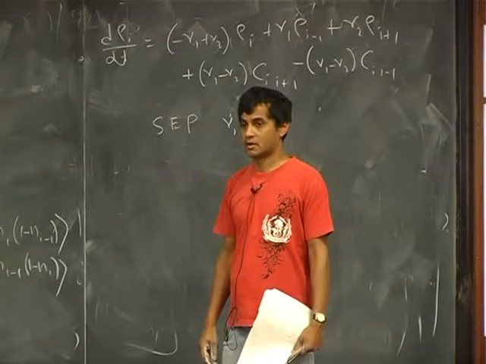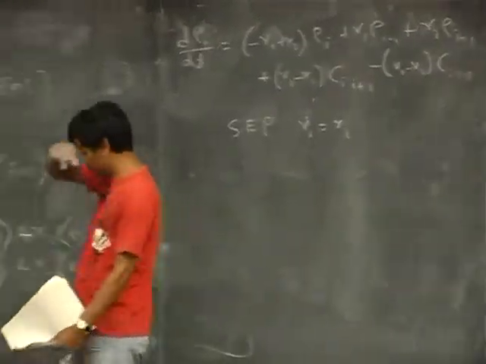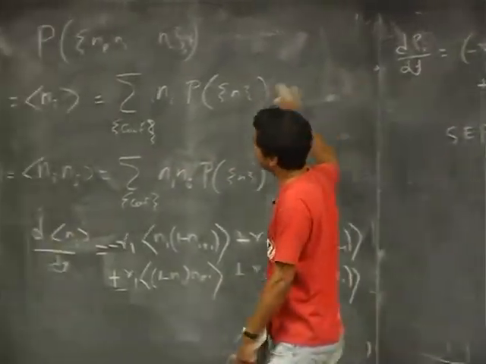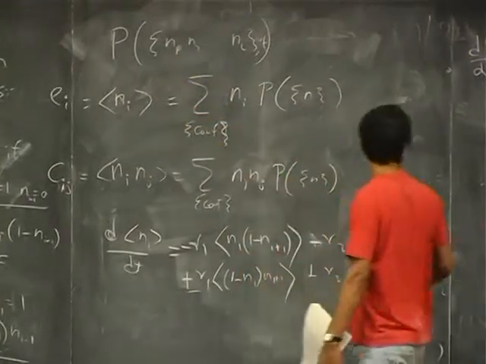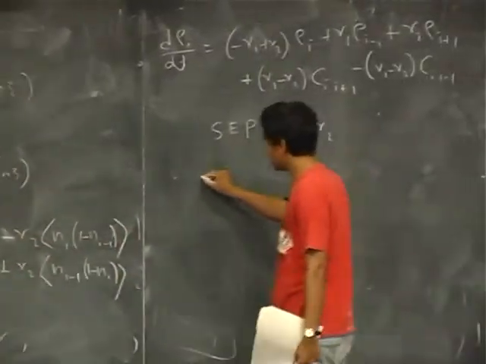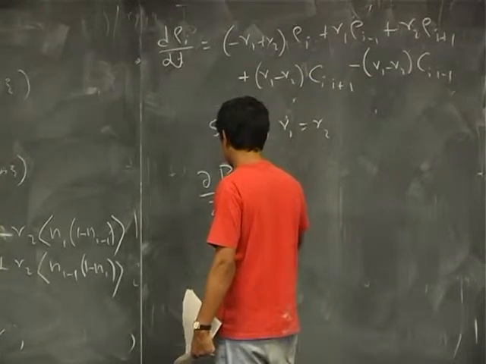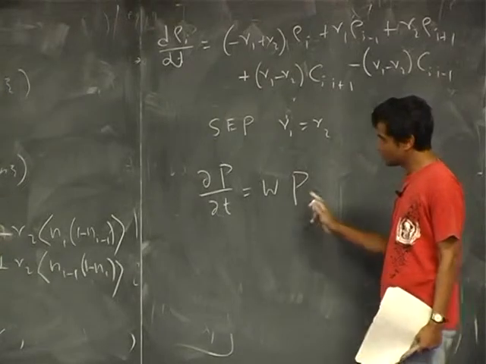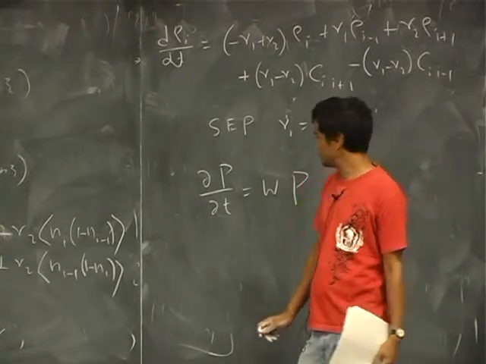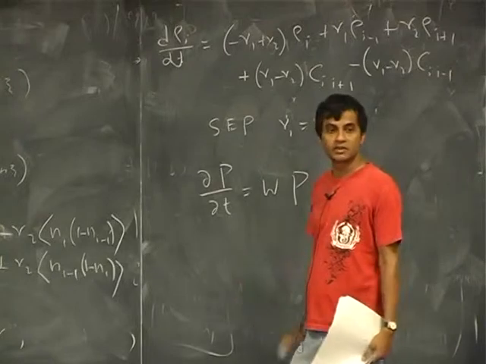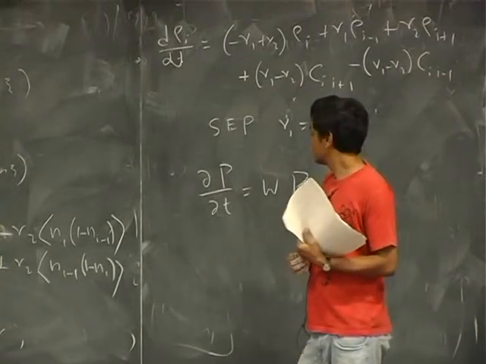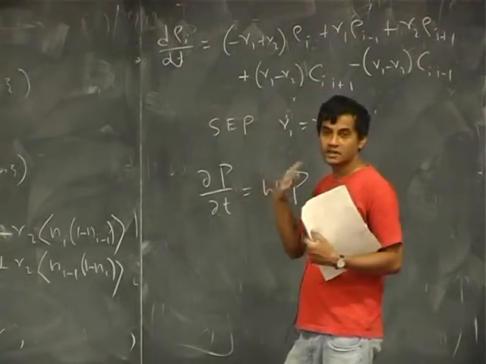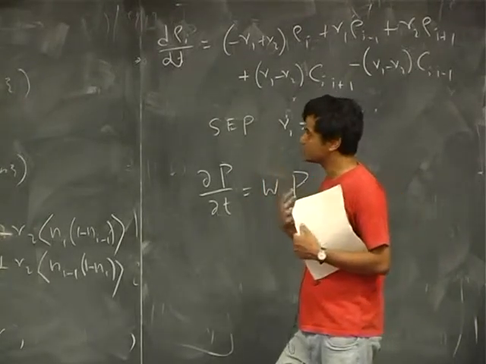Okay, so even though we can't solve this equation, one thing that's kind of good about this process is that I can write some W matrix, and this is the rate equation. So one thing you can show is that both for the symmetric and asymmetric exclusion process, the steady state is actually very simple. The steady state is basically all states are equally probable. I mean, all configurations equally probable. Okay, and that is